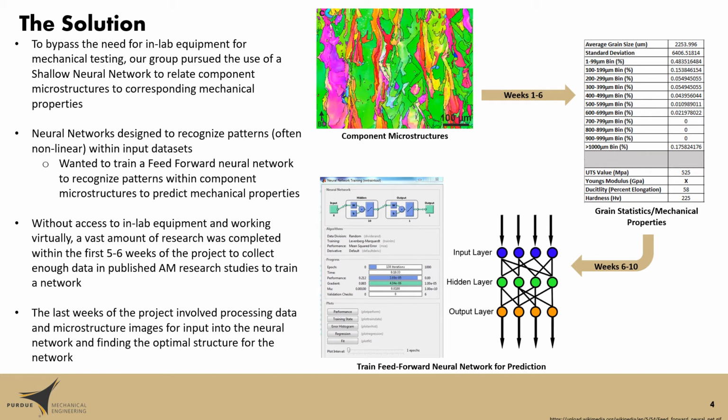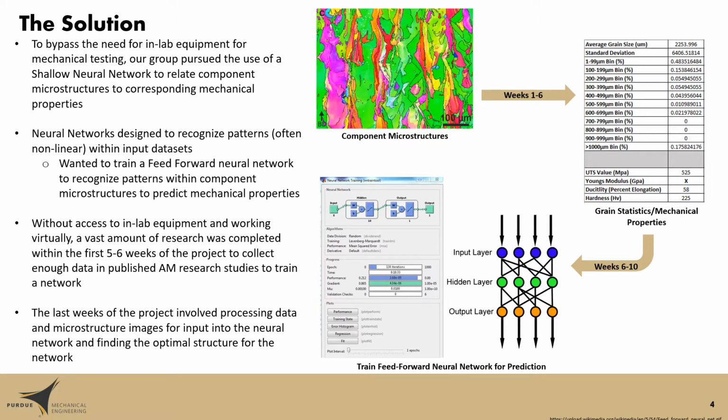So in order to bypass the need for the expensive in-lab equipment for mechanical testing, our group pursued the use of a shallow neural network to relate the component microstructures to the corresponding mechanical properties of those components. And so the neural networks are designed to recognize patterns, often nonlinear, within input data sets, which is perfect for us. And so we wanted to train a feed-forward neural network to recognize patterns within the component microstructures to predict